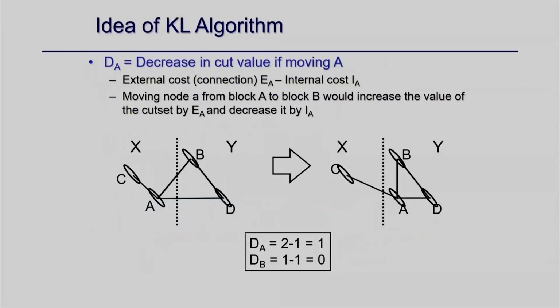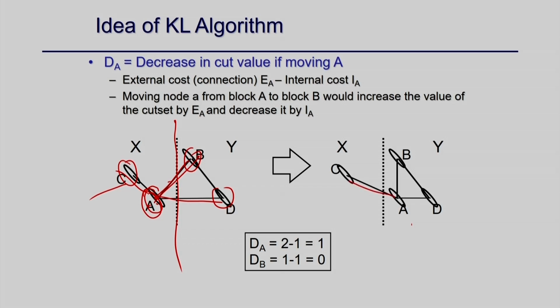So in the KL algorithm, the idea is that you have to understand the cost. Suppose there is an initial connection and you try to move a node from one side to the other. What will happen? The connections from this node to nodes on the other side will no longer be part of the cut. Here I move A to the other side, so these two edges are no longer part of the cut, but whatever connections from this node to the original side will now become part of the cut. That is the cost.